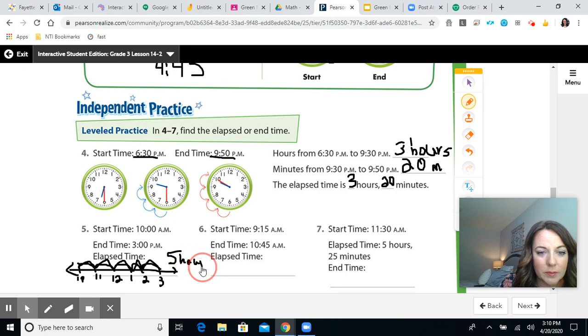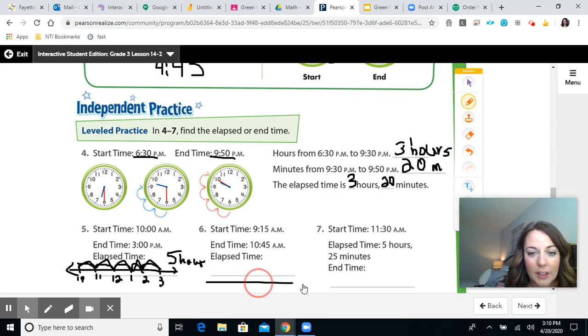5 hours. Okay. Now number 6 says 9:15 to 10:45. If I use a number line here, I'm going to start at 9:15. Now can I add an hour? If I'm going to 10:45, can I add,